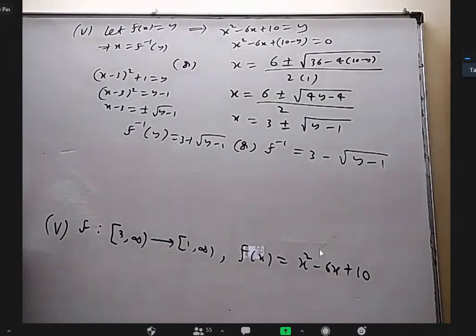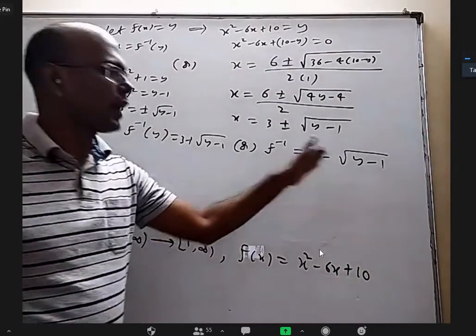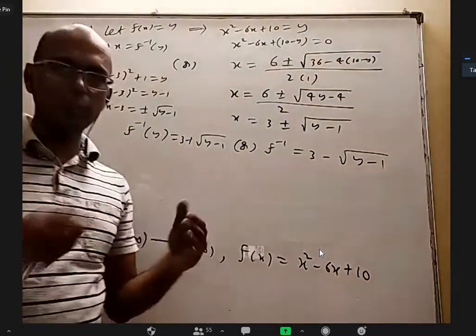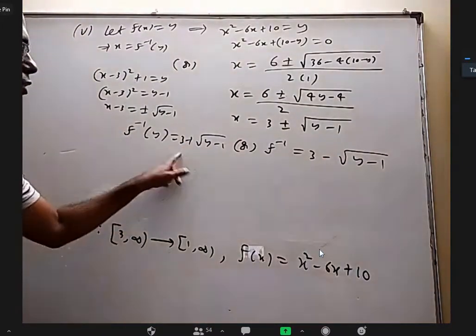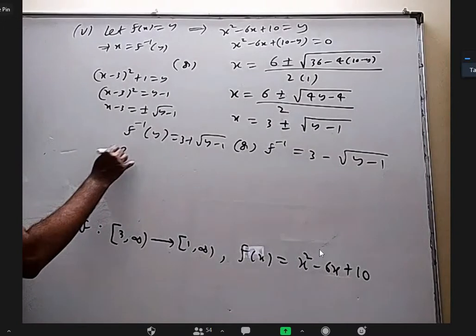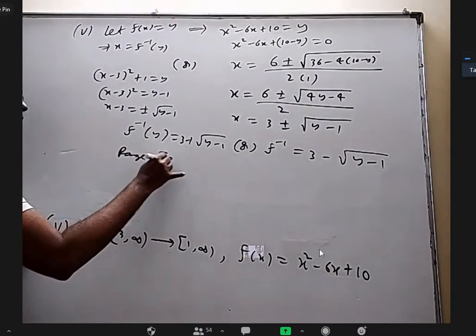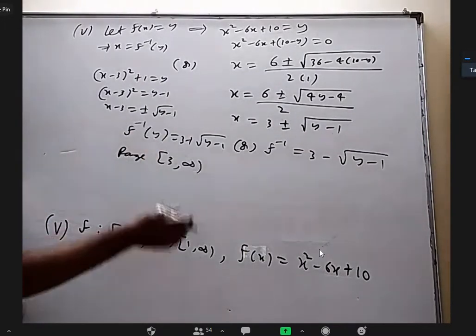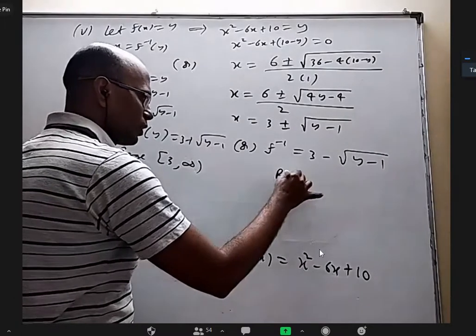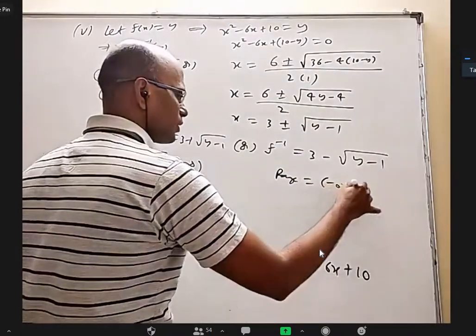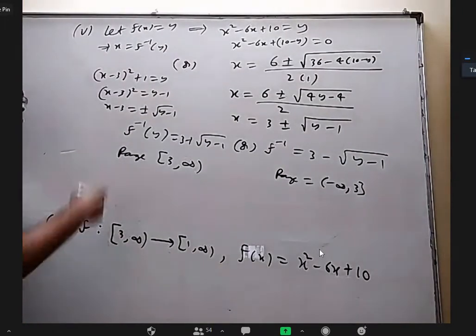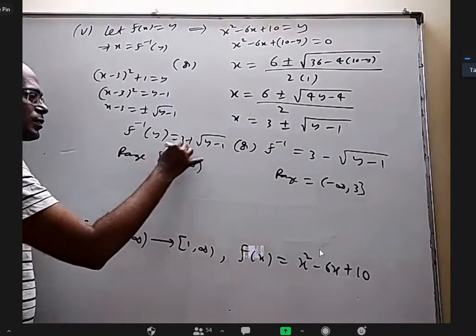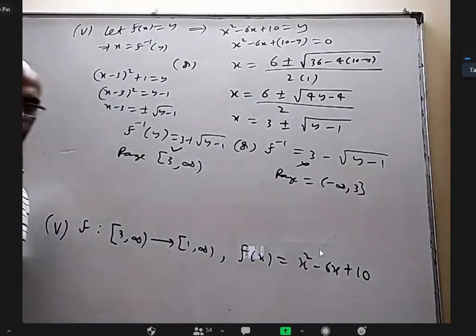Second one, sir. The second one is 3 minus something. So what will be the range? Will it be more than 3 or less than 3? Less than 3. The first one will have more than 3. Okay, so for the first one, the range is 3 to infinity because it is 3 plus something. For the second one, the range is minus infinity to 3 kind of thing, because it is less than 3. Because the domain here should be the range, I'm going to accept this and reject this. That is method 1.